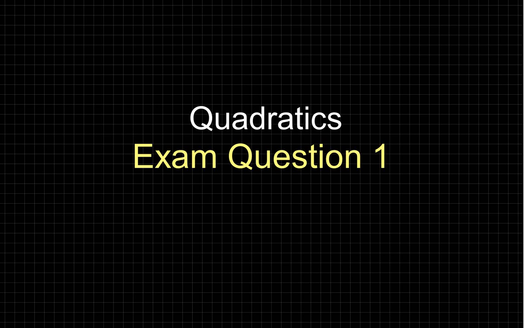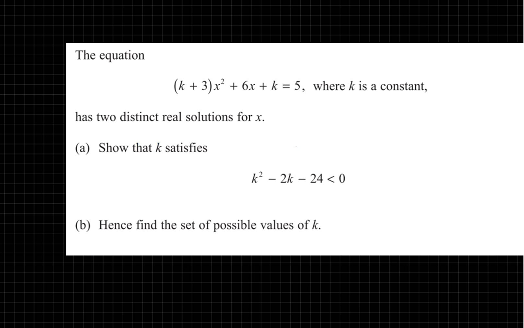Okay, let's take a look at a quadratics question. Hopefully not too bad, taken from an exam. So here you've got a quadratic. The variable of the quadratic is x, but there is a constant k which forms part of the coefficients, specifically two of the coefficients. Your question then is, can you find the k,